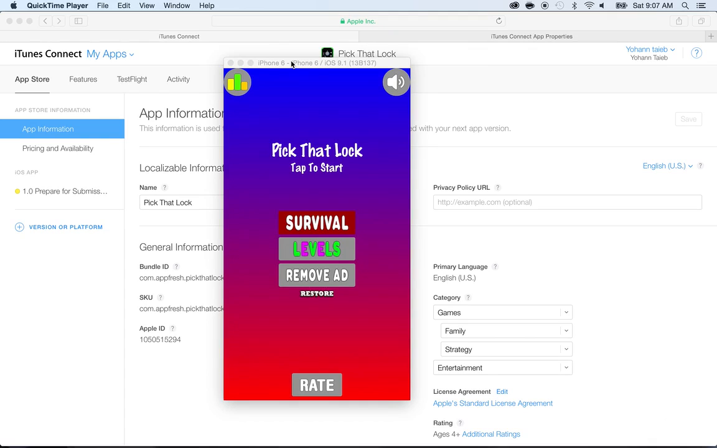In this lecture, you will learn how to set up the in-app purchase. Now, this game comes with one in-app purchase. It's about removing the ads. So when people remove the ads, they have to pay you and they will not see any ads, so they can play forever. As you can see right here, there's the remove ad button and the restore button